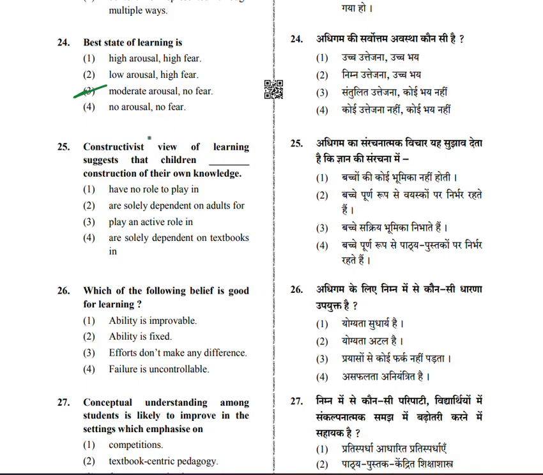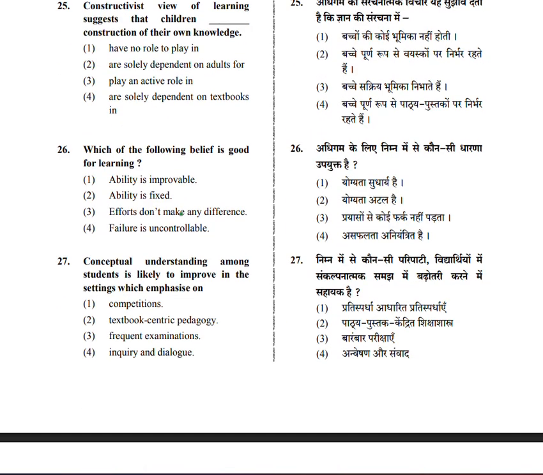So that means the optimal state for learning is typically one of moderate arousal without fear. Moderate arousal helps maintain attention and motivation, while the absence of fear ensures a safe environment to explore and learn. Okay, so the third option is the right one. Next one,